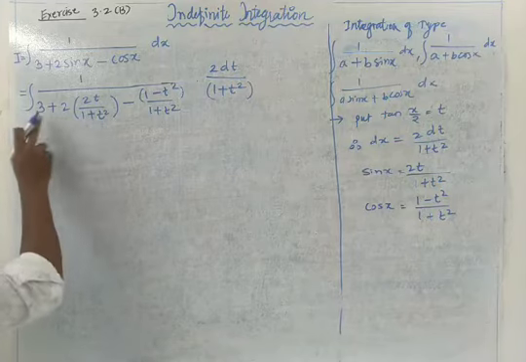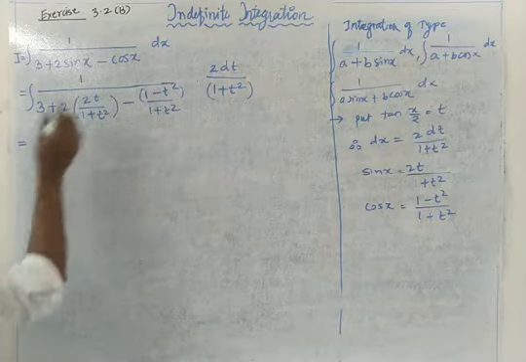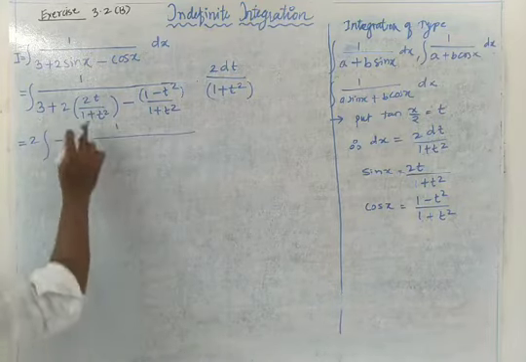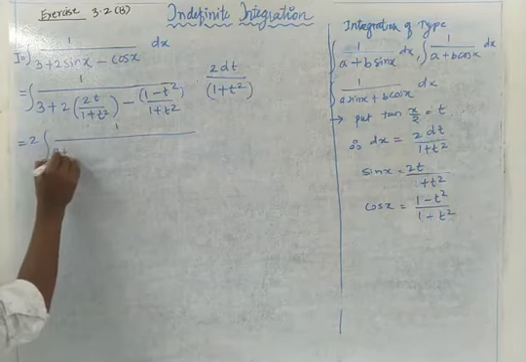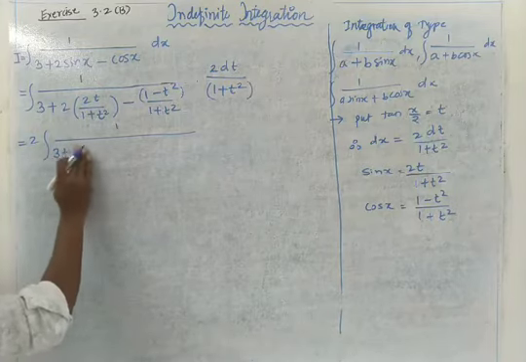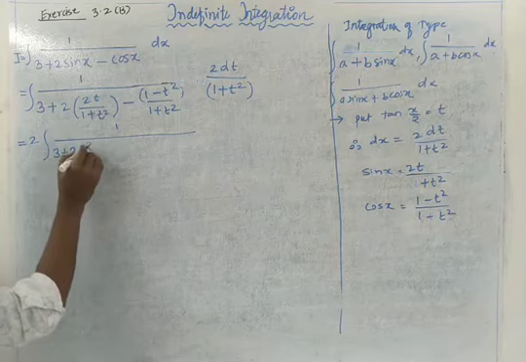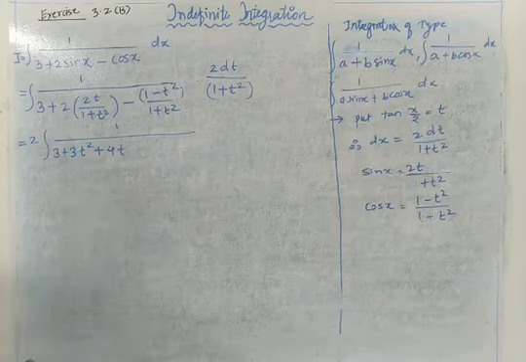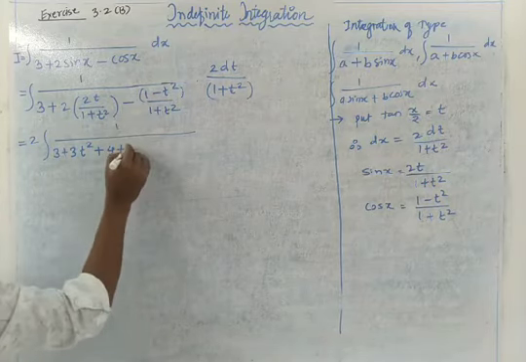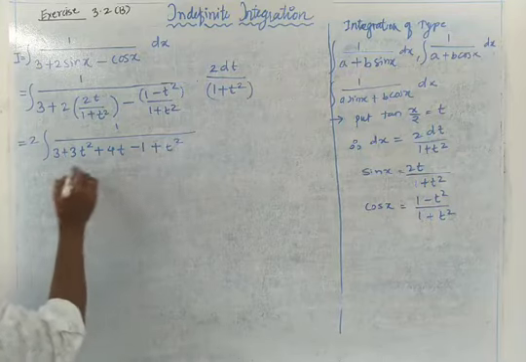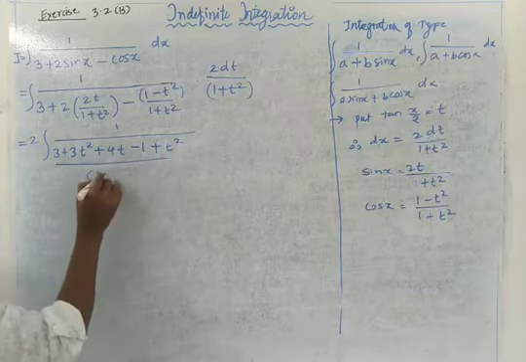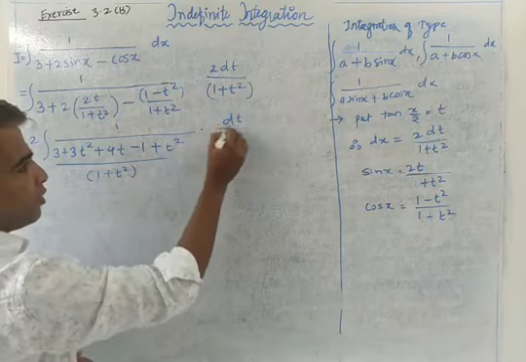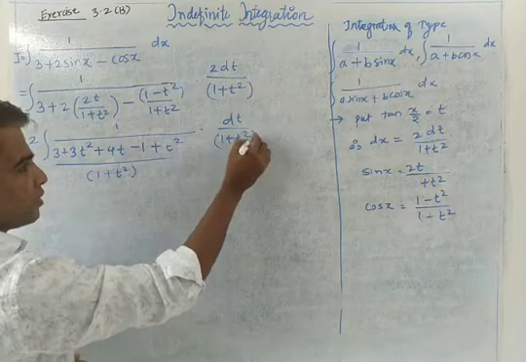So that common denominator we are going to multiply with the 3. These two I am taking outside the bracket. Then 1 upon, what will happen when you multiply with 3? 3 times t square, sorry. Okay, then 2 into 2 plus 4t. Get that? Now minus 1 minus t square, so it is a minus 1 plus t square, and all the parts having common denominator 1 plus t square, into dt upon 1 plus t square.